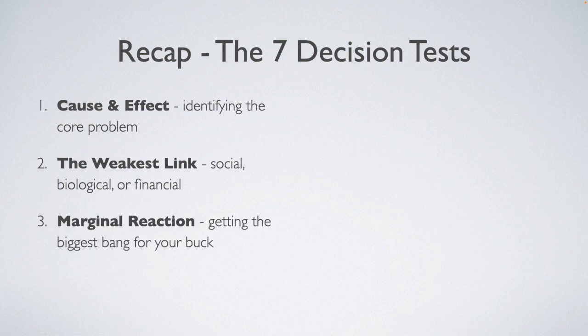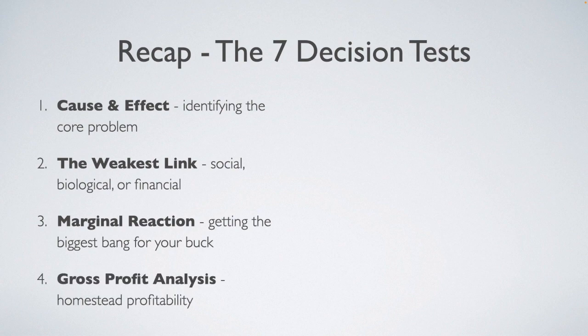It's all about getting the biggest bang for your buck by determining which action provides the greatest return in terms of your holistic goal for the time and money spent. Use this test anytime there are expenditures to be made and alternatives to choose from. Fourth was gross profit analysis, aka show me the money, where you ask which enterprise contributes the most to covering the overhead costs of the business, homestead, or lifestyle. You then select the enterprises that, after taking into account all the associated costs and risks, produce the most income. The income from these enterprises is what creates a profitable homestead.